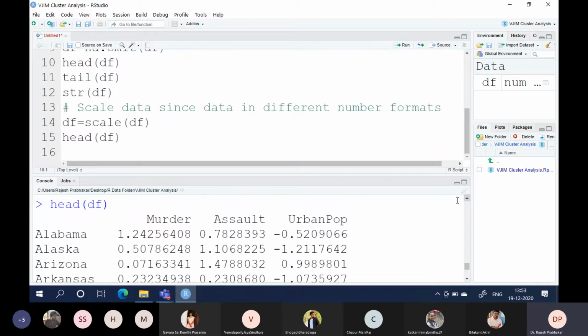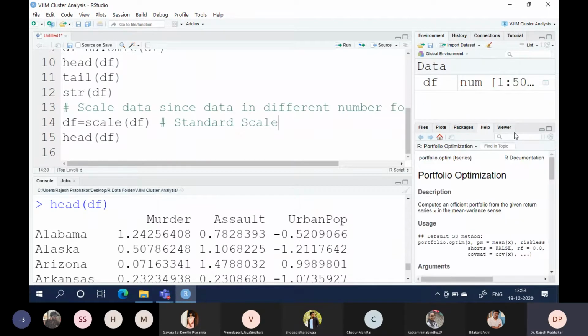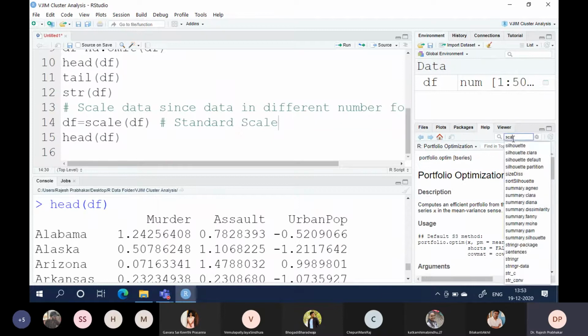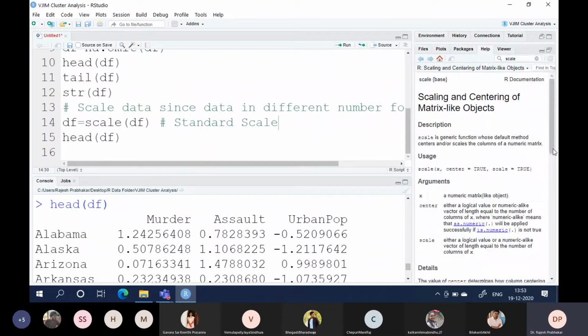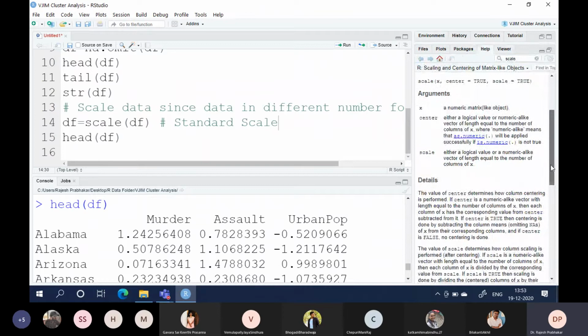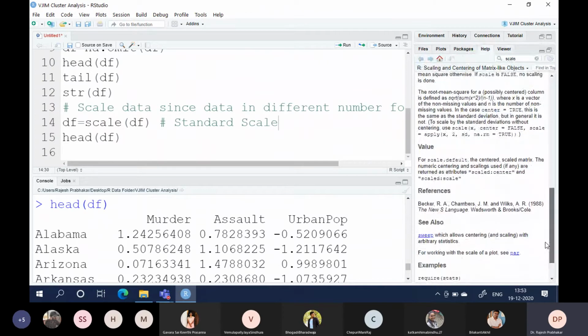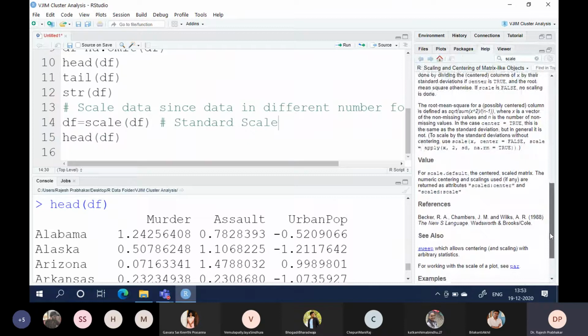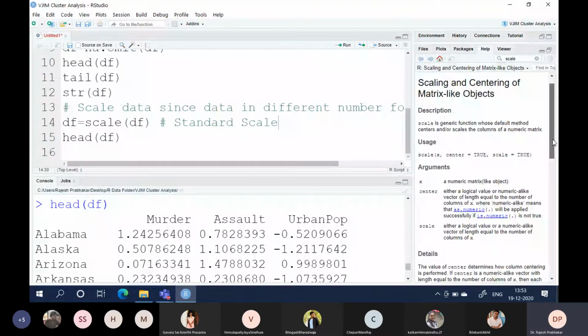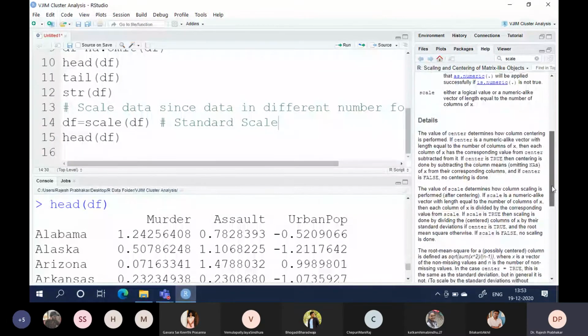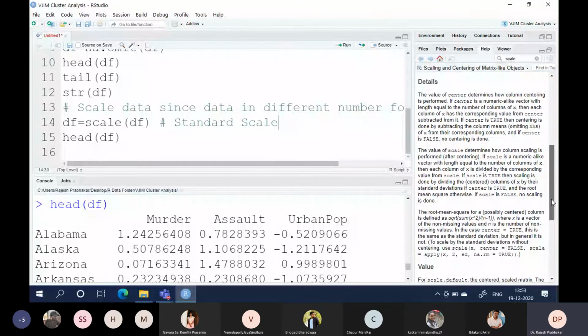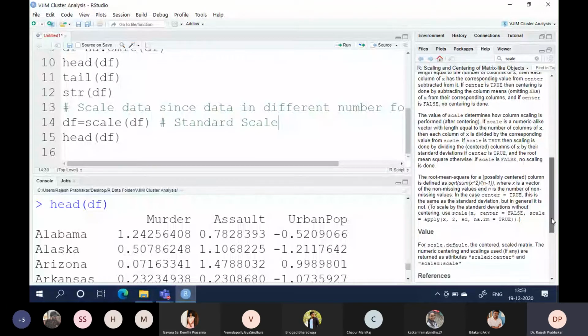So for scaling, we have used standard scaler here. If you go to help and type scale, you'll get the formula. So we have scaled the data now.